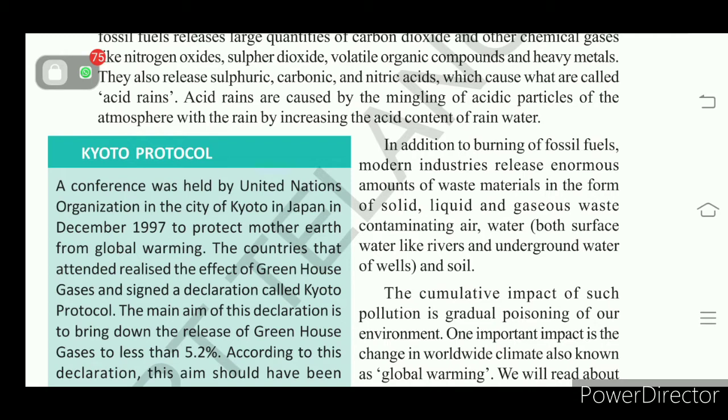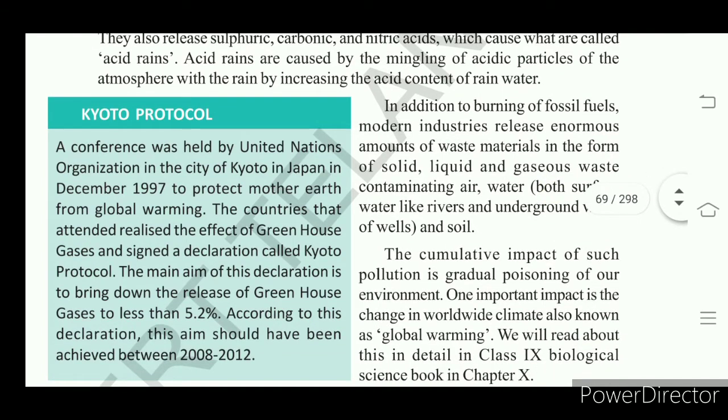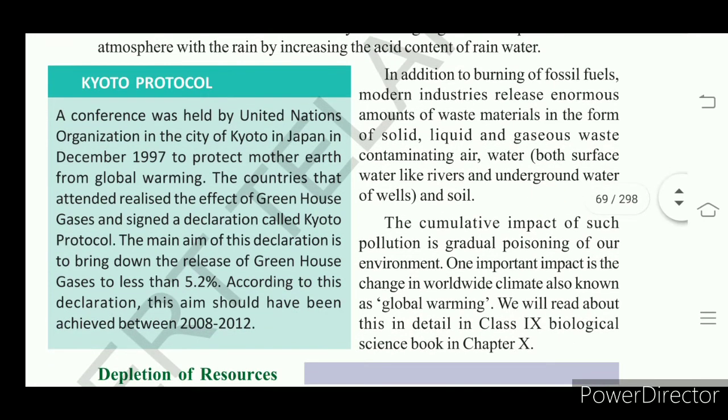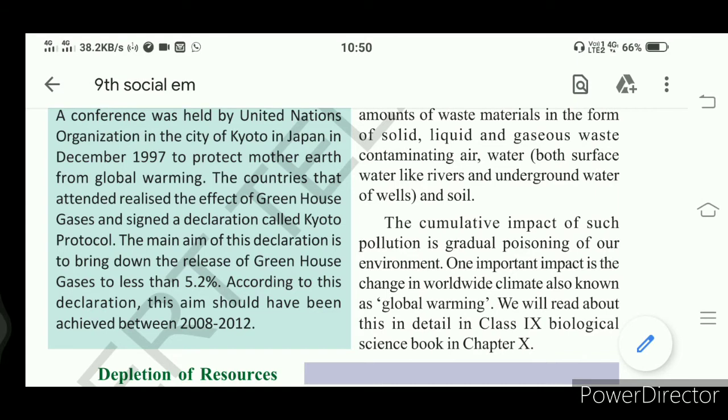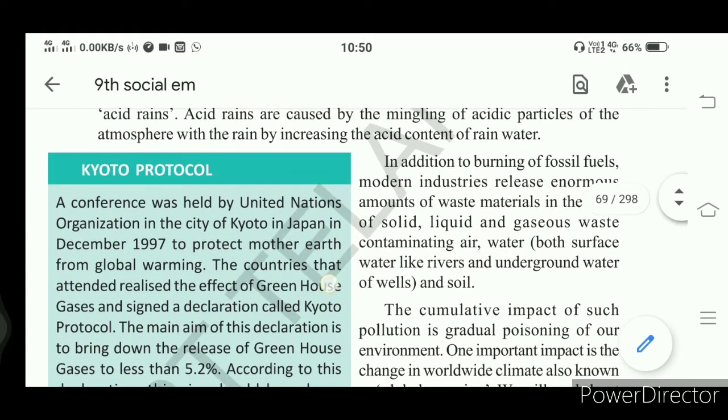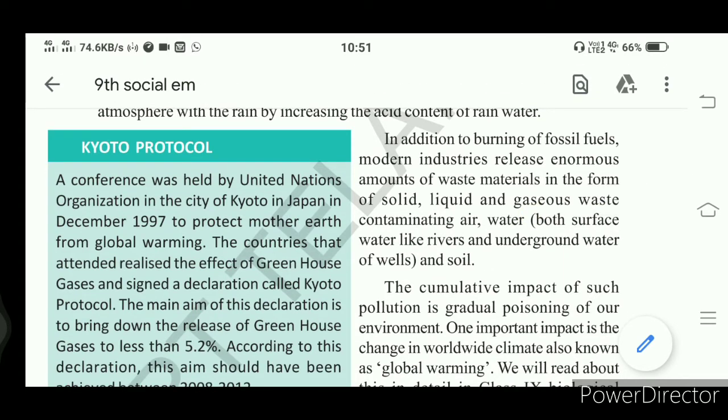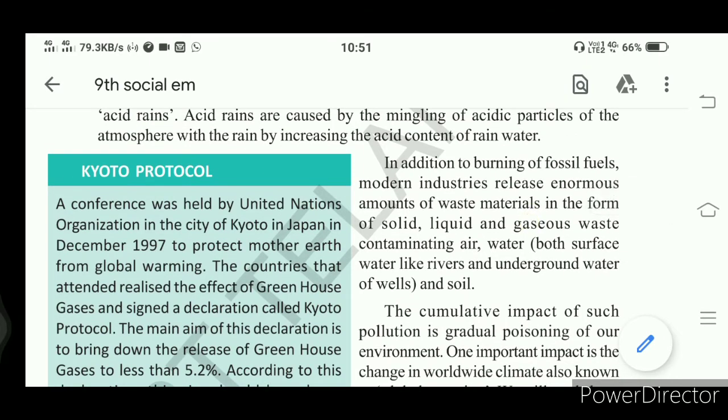One important impact of this pollution is climate change, what we call global warming, which you will read in the ninth class biology science textbook, my dear students. In recent times, we see that world nations have recognized that global warming is going very rapidly. So to check, that means to arrest, these pollutants and effluents which are coming out of the industries and